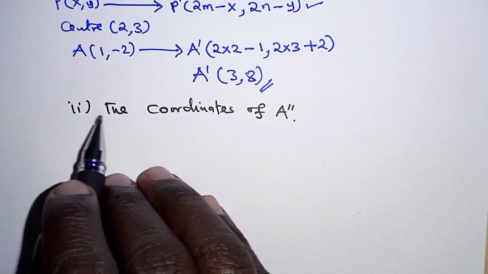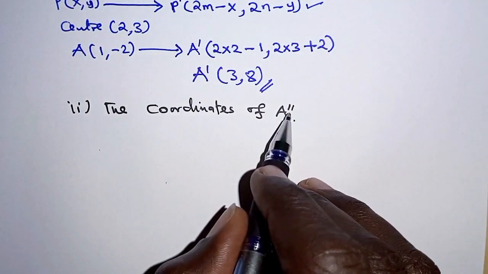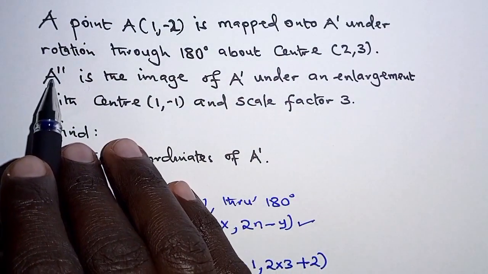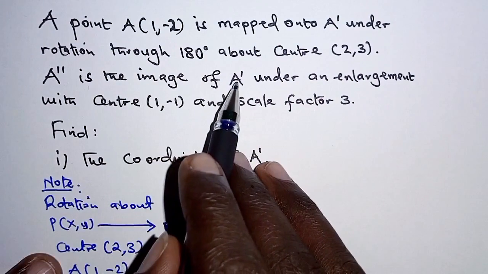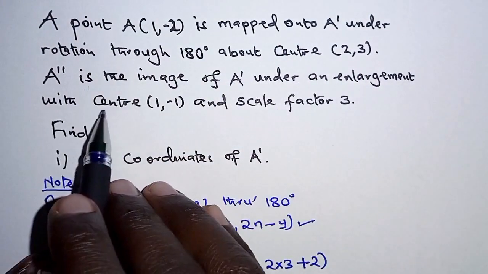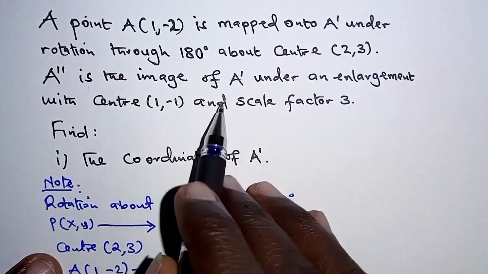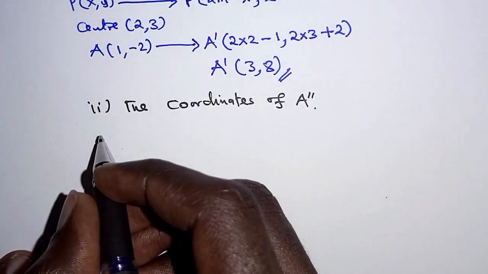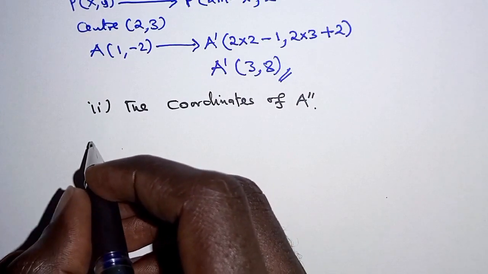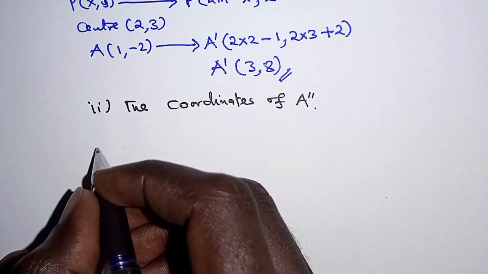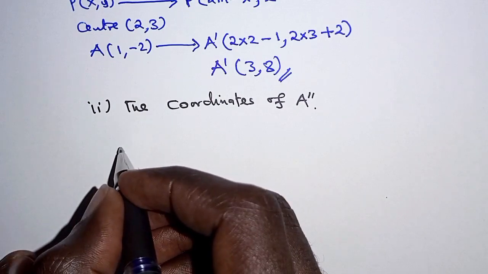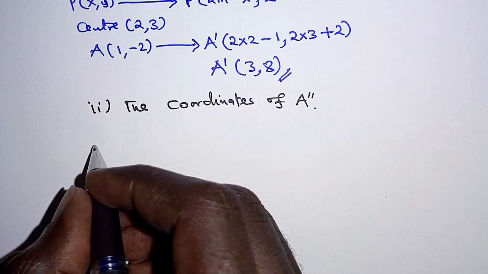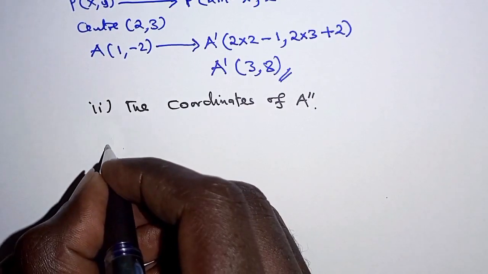So next we have to determine the coordinates of A double prime. So let's look at the question again. We are told A double prime is the image of A prime under an enlargement with center (1, -1) and scale factor 3. We will recall that if you are given a positive enlargement scale factor, then the object and the image will always be on the same side of the center of enlargement. So if we may sketch that,